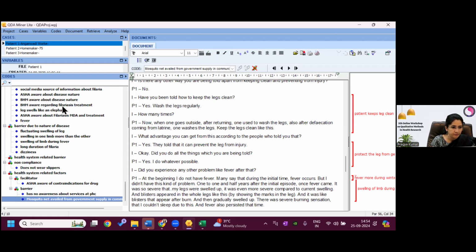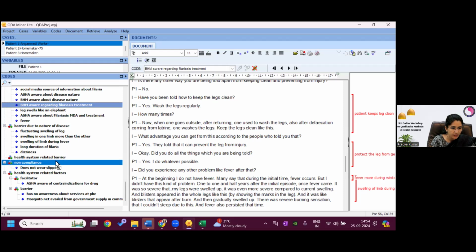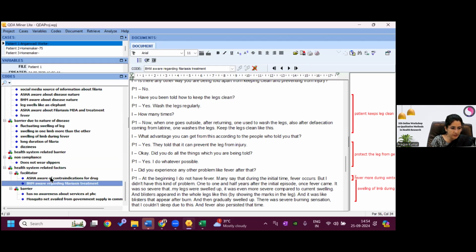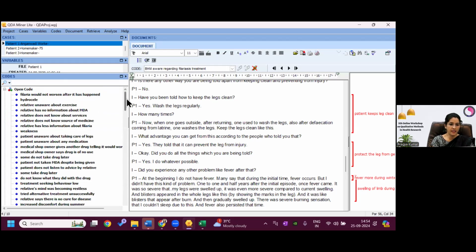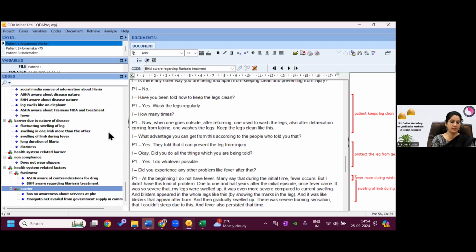BHM aware. So it will come as a facilitator. So I will select this and I'll put this in this facilitator. Then you can see that this drag and drop is effective when it is in the small area. But if you have to do like from the top and then drag it to the bottom, then it is difficult. So in that case, edit code option is better.